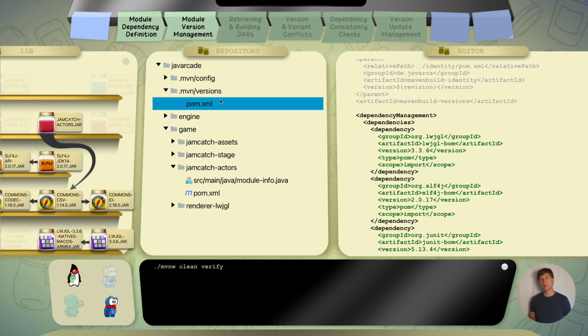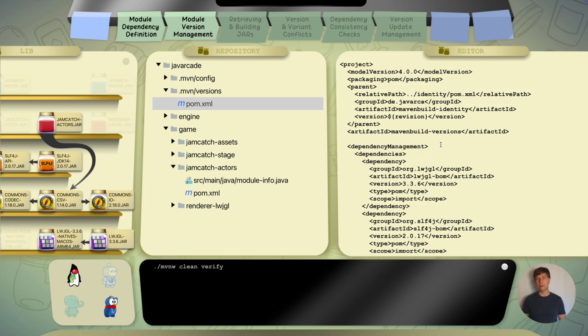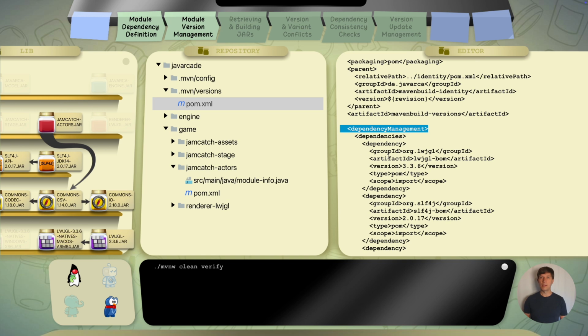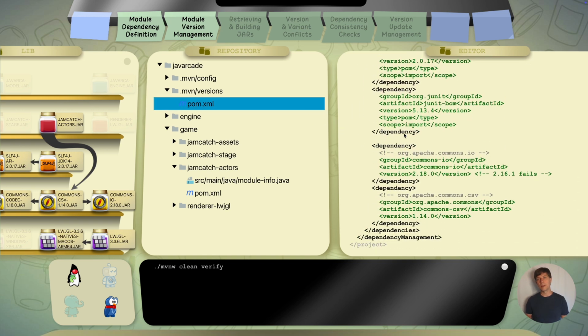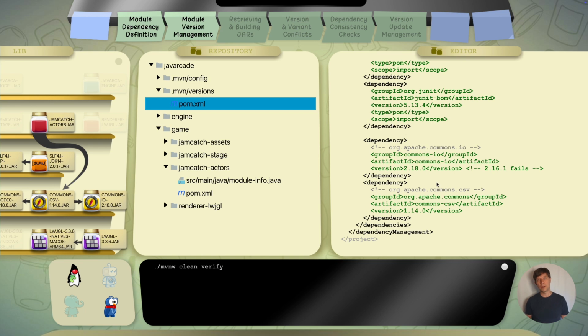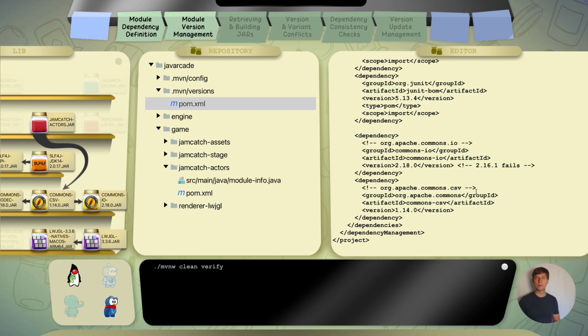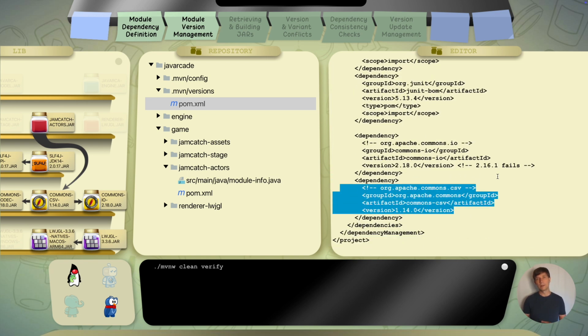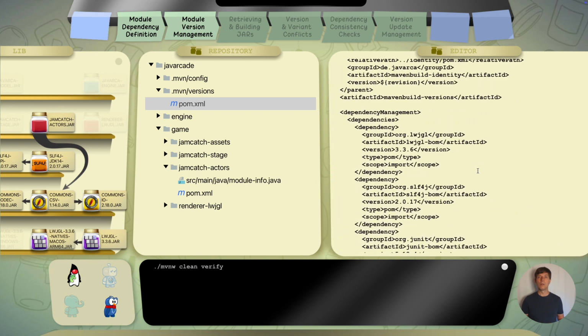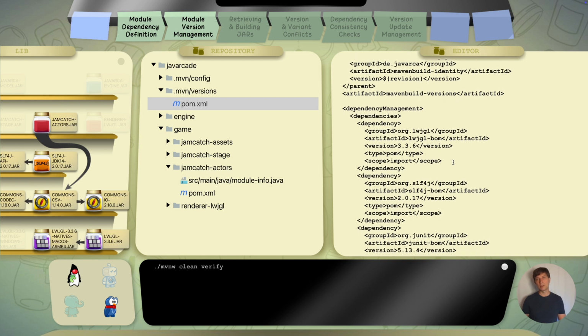If we define our project in Maven instead of Gradle, we have a similar concept in the mentioned BOM or bill of materials. This is a separate POM XML file in Maven, and it contains the dependency management block, which is conceptually similar to the dependency constraints block we saw in Gradle. And here we now have entries for the versions we want to define, similar to what we just saw in Gradle. Only that here the Maven XML notation is used.